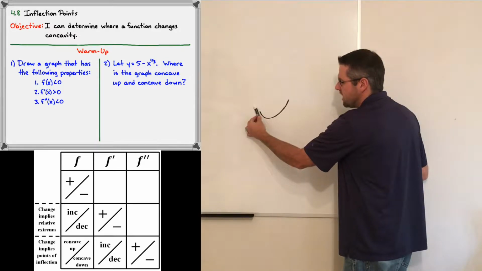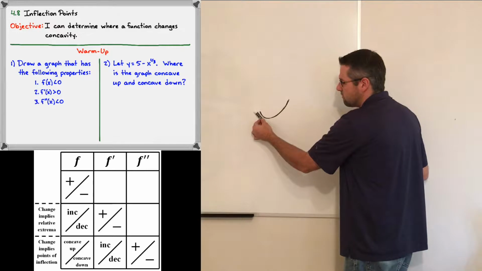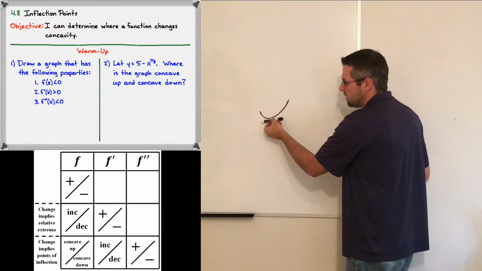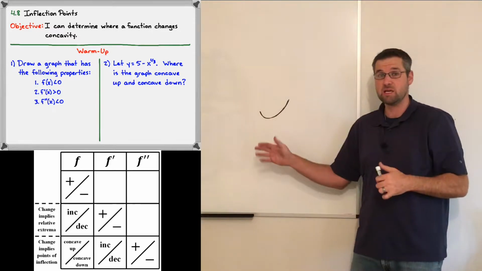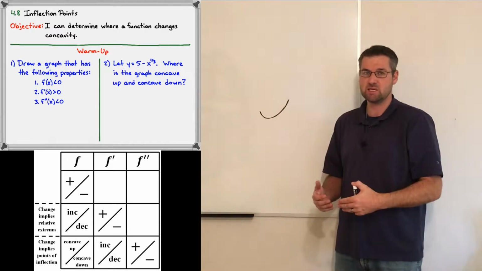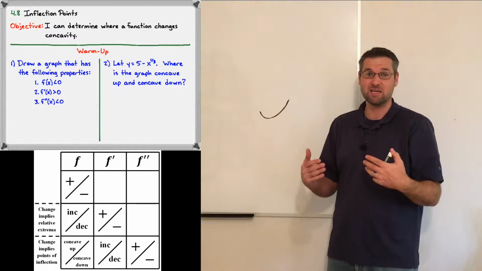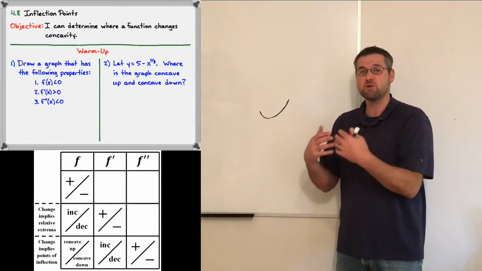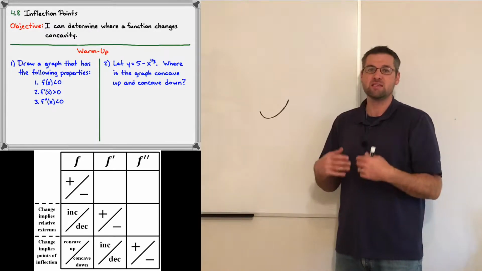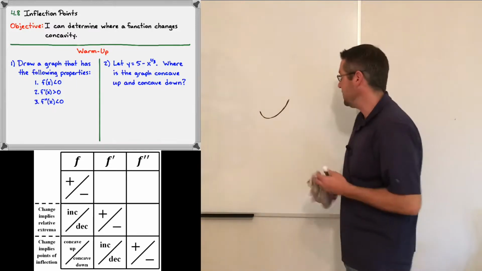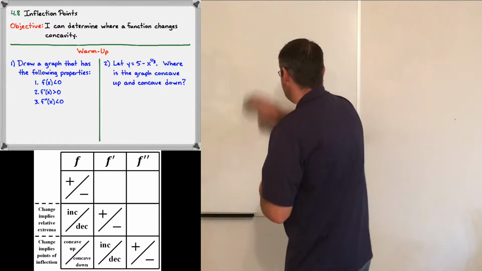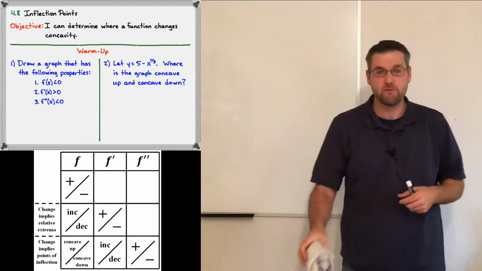Maybe the slope is -3, and then it goes to -2, and -1, and 0, and then 1, and then 2, and then 3, and so on. In other words, the slope is increasing. The derivative is increasing. Well, if we understand the idea of a function increasing, if the derivative is increasing, then the second derivative must be positive. Okay, so with that in mind, with the idea of concavity under our belts, we move on to this idea